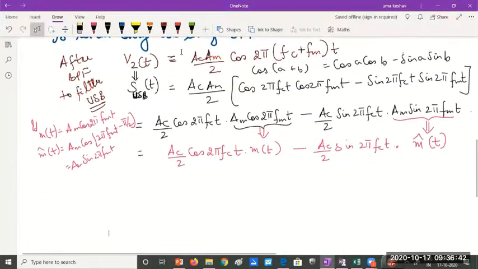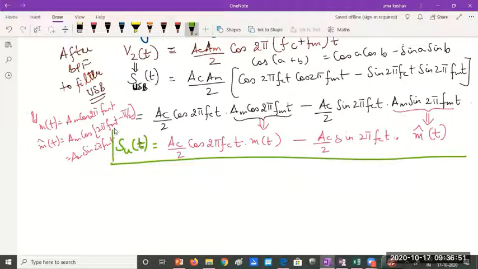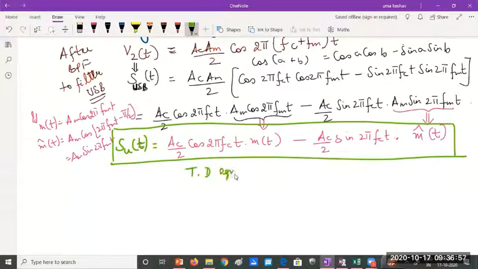Now, this is the actual time domain equation for the SSB SC signal where upper sideband is retained, or lower sideband is filtered. Time domain equation of SSB SC with USB retained. Okay. So this is a very simple way of getting the time domain. Look at the complexity of the time domain equation. It's not a simple equation like before. There you would have a product or a sum of amplitudes into a single cosine. The first case.